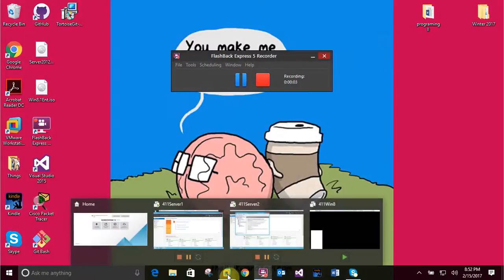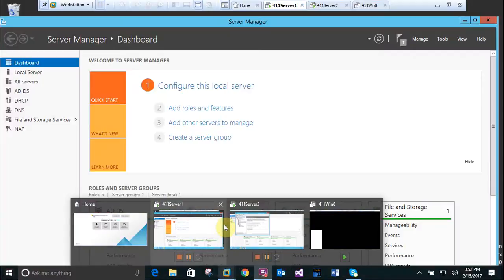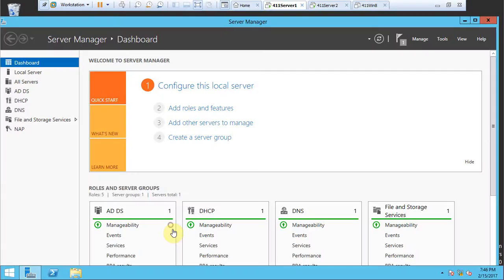Okay, so we are in Microsoft Windows Server 2012, and this is Chapter 6. We're doing Activity 6.3 right now. So first thing we need to do is log into Server 1 as administrator,